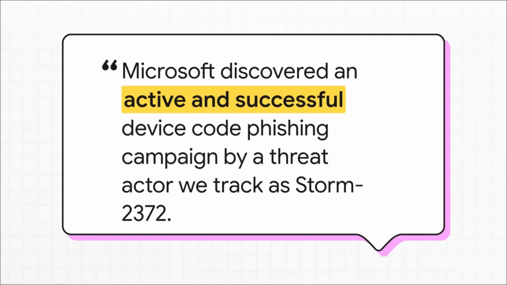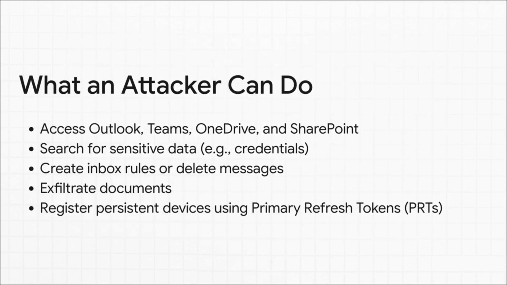And hey, don't think this is just theoretical. Microsoft's own threat intelligence team tracks groups like Storm 2372 that use this exact technique in the real world. They are weaponizing what MITRE calls valid accounts, that's T1078, to hit all kinds of organizations. This is happening right now. Once they're in, they can basically become you. They're reading your emails, digging through your OneDrive, setting up inbox rules to hide their tracks by deleting security alerts,